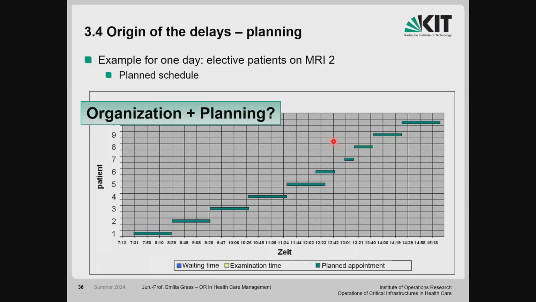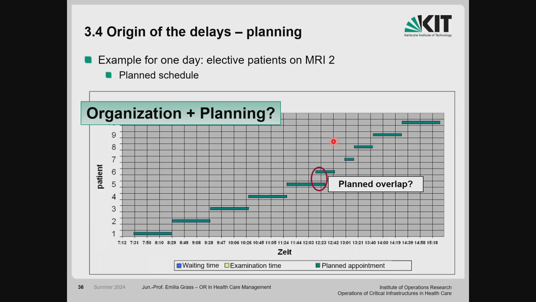That could be, and that was not the case for this particular clinic, because of the high demand, they wanted to utilize the MRI from morning till evening 8:30 as highly as possible. That could be the case for another clinic, but not here. So they did not have forced breaks. There was always some staff to handle these MRI scans.